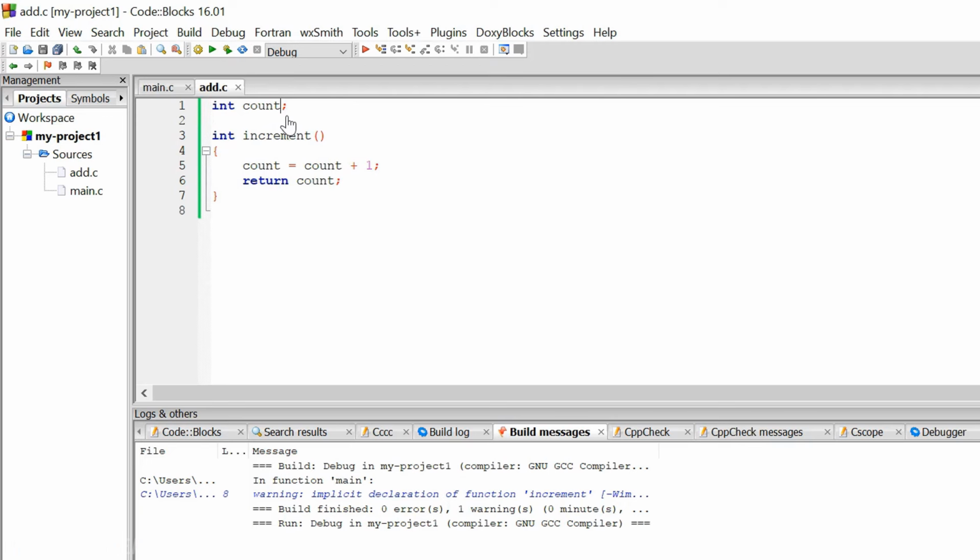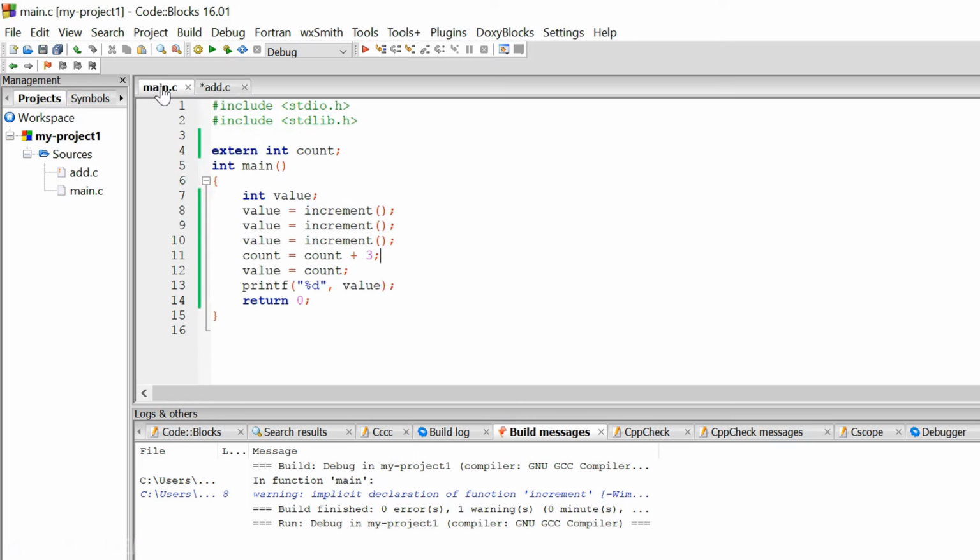Sometimes we don't want this. We simply want this variable to be there inside this file only. Suppose we want this variable to be visible within this particular file and not outside of this file. Then in that case, we simply put a keyword in front of it which is called static. By putting the static keyword in front of this variable,